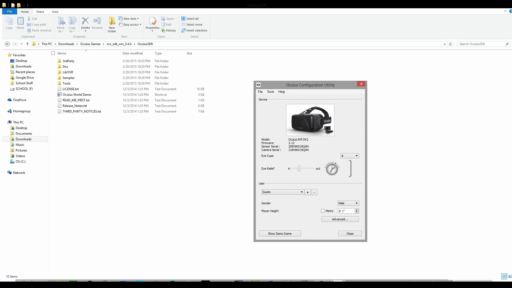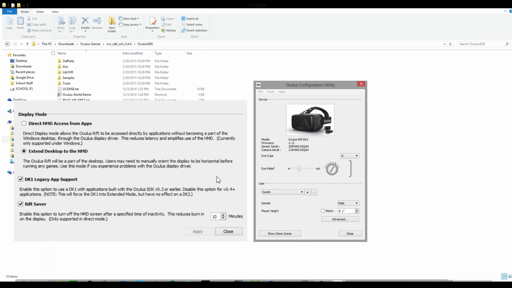This is just to calibrate the screen so that it shows correctly with this setup. You choose your gender, your height. You go up here to tools, or you can also right click the taskbar icon and click Rift display mode. Alright, so we have our Rift display mode,